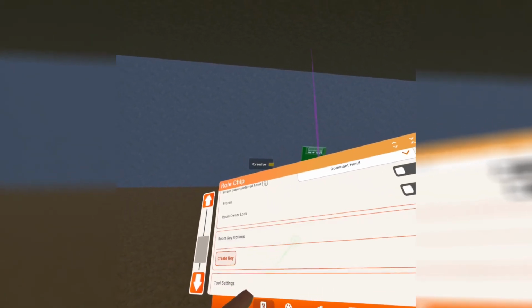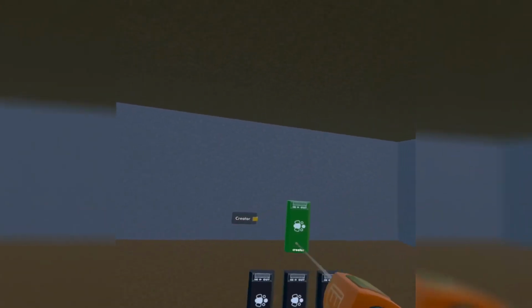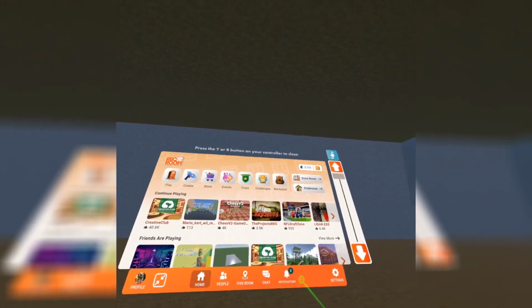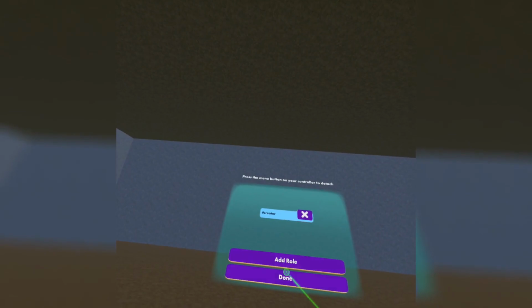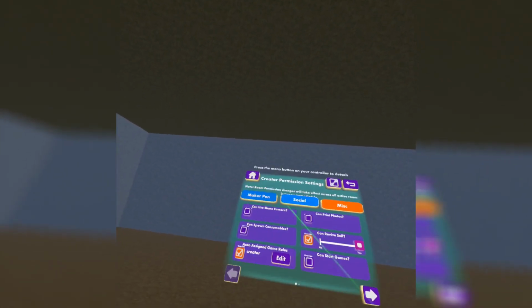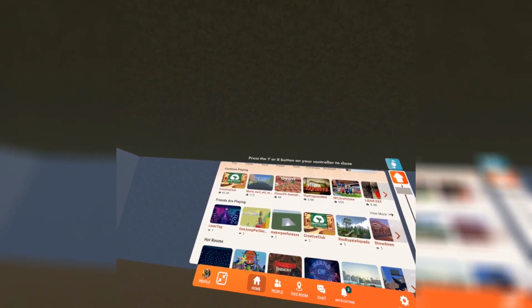Anyway, forget my rambling. Go ahead and make sure that you have the creator permission on. So go in the room settings and just like the last permissions, MISC, and oh, it keeps the creator on. Never mind. Okay, so once you do that,